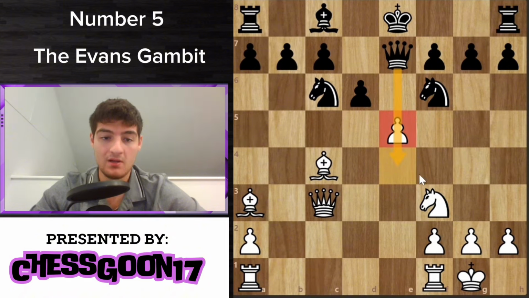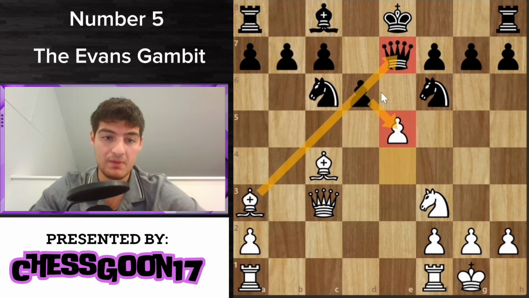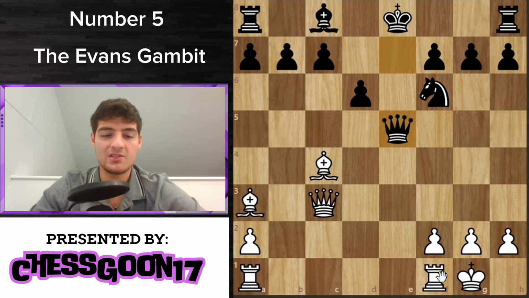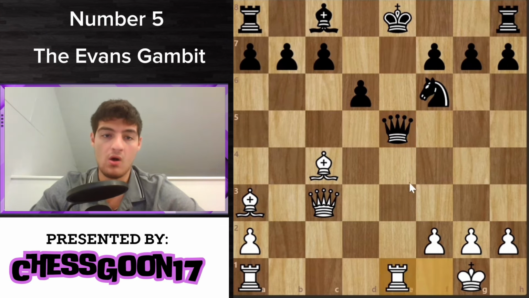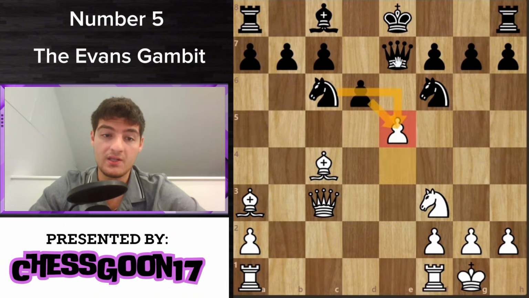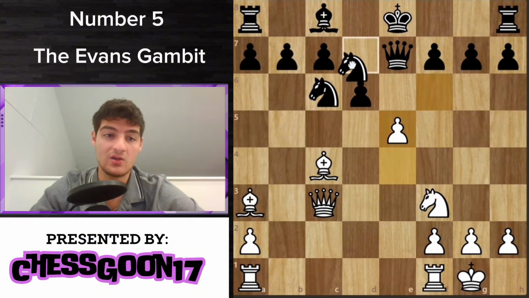If queen takes pawn, knight takes queen, and he's just lost the queen. If pawn takes pawn, then bishop takes queen because we have this pin. And of course, if knight takes back, queen takes, and same idea from earlier, rook e1, pinning the queen to the king. So we know that all 3 of these takes are losing, so the knight's going to end up